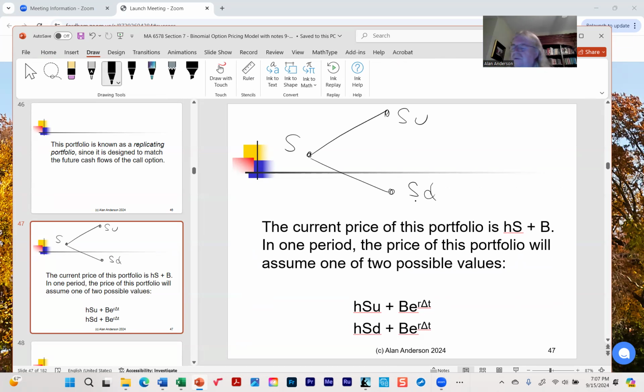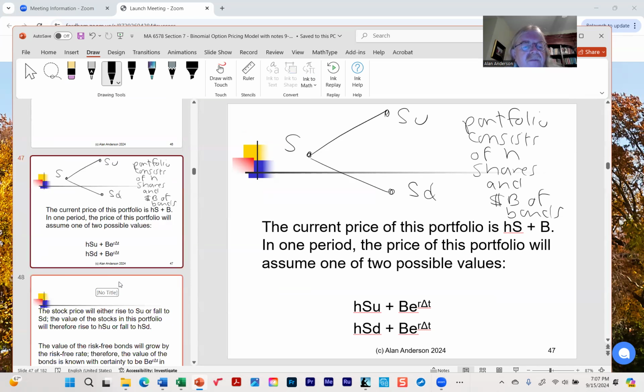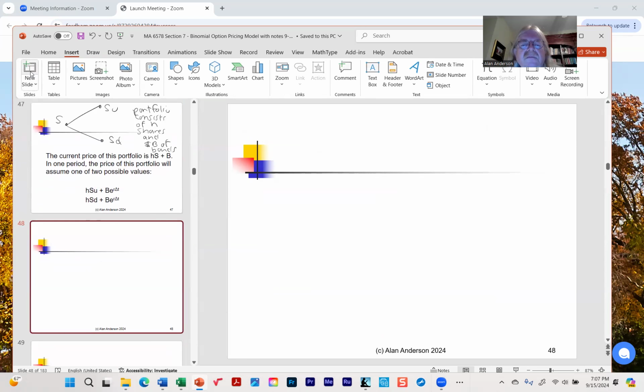And since the portfolio consists of H shares of the stock and B dollars worth of bonds, then what we can do is draw another graph showing the value of the replicating portfolio. In fact, I'll do that right here. So in other words, if this is our S, SU, SD,